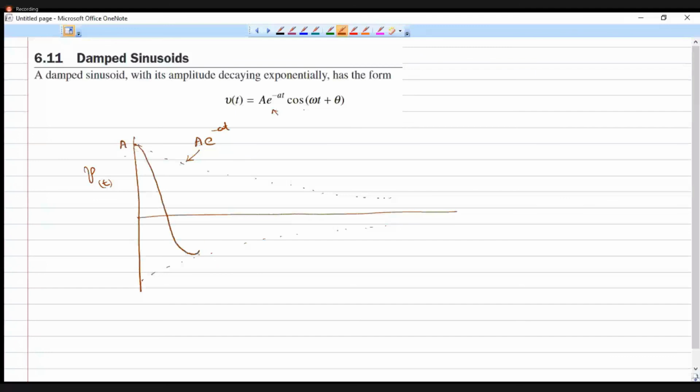It will go like this, like this. As t progresses, the amplitude goes on reducing like this. So this is called a damped sinusoidal function,